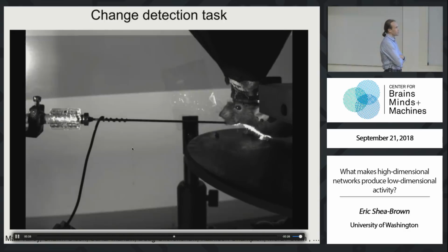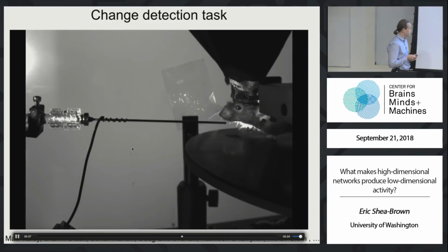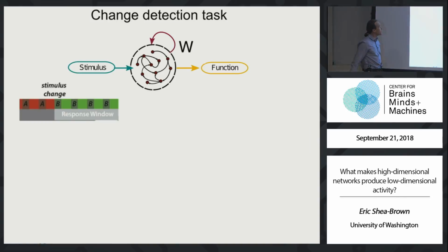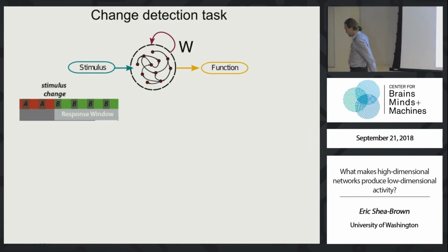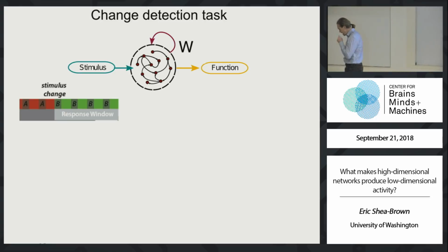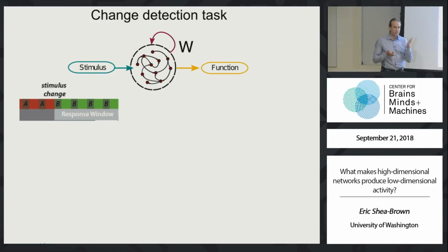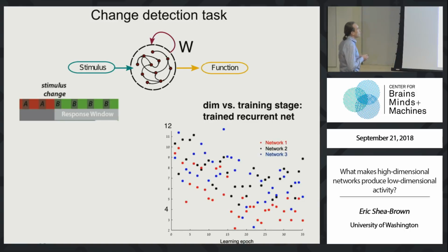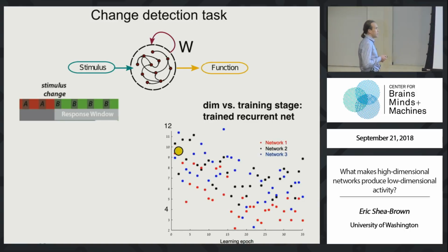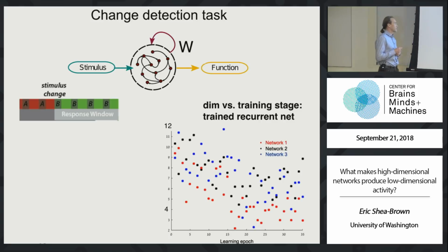OK, there's the switch, and then the mouse is receiving the reward. So first of all, our colleagues have trained many mice to perform tasks like this. Let's see whether this slightly dynamical task, a change detection, one step in time more complicated than the categorization task I just introduced. Question 1, will you see a similar reduction in dimensionality over stages of learning for this temporal task? And the answer is yes. It seems to be in the same category of problem.